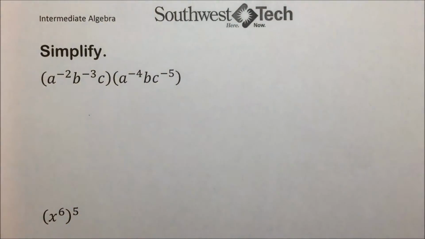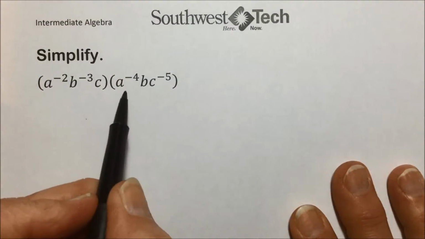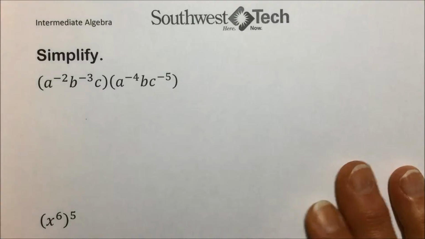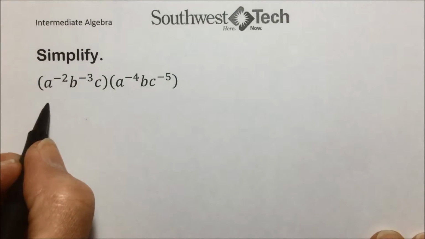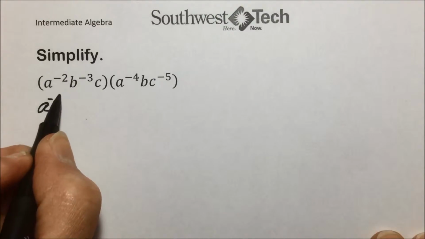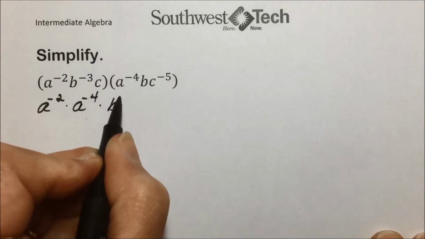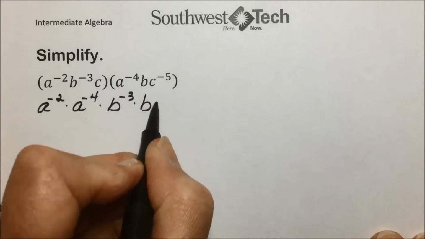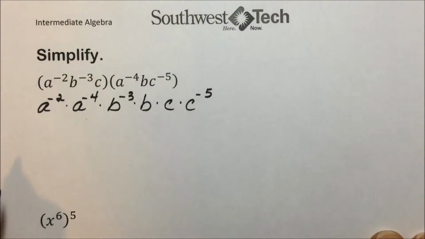Intermediate Algebra Section 1.6, we're going to take a look at simplifying some algebraic expressions and simplifying them without negative exponents. So within the parentheses, we have multiplication, and parenthesis next to a parenthesis is multiplication as well. So similar to what we've done in the past, using commutative property, we can rearrange the order of multiplication and still maintain equality. So cutting and pasting and rearranging, sorting so that we have similar terms next to one another.